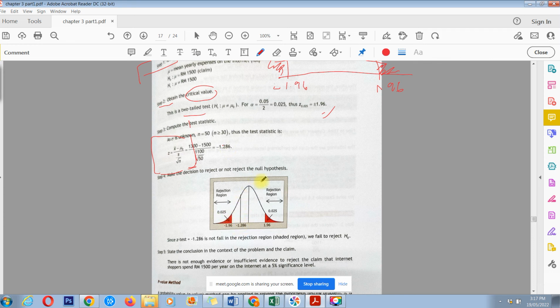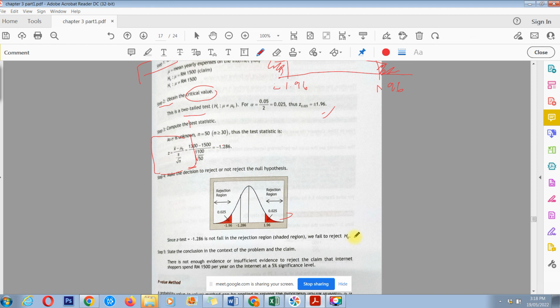If we draw this diagram, we have negative 1.96 here, and then negative 1.286 here. So this line is not in a rejection area. Since the z-test value negative 1.286 does not fall in a rejection area, we fail to reject H null, and